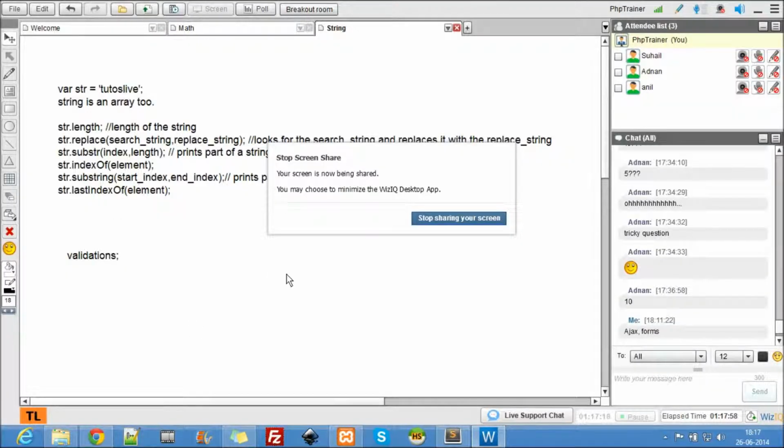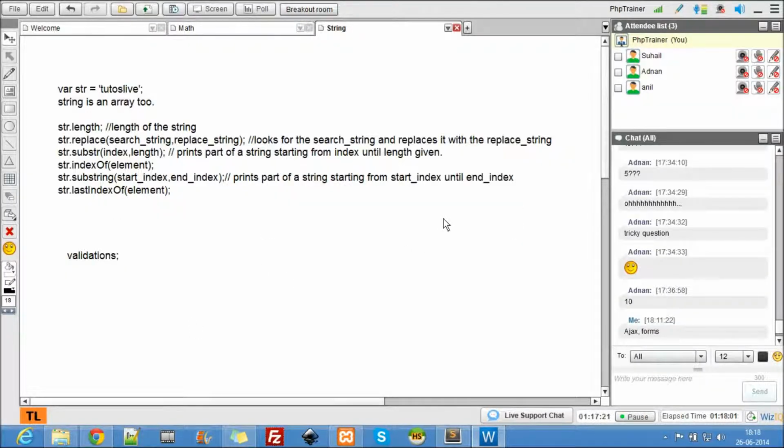Okay, any questions here until now? I don't want to go forward without answering any questions. It's the same with substring. Any questions here? Yes, any questions here?